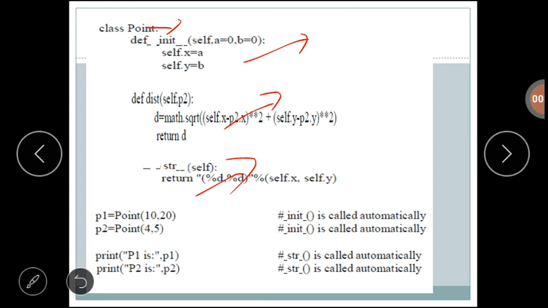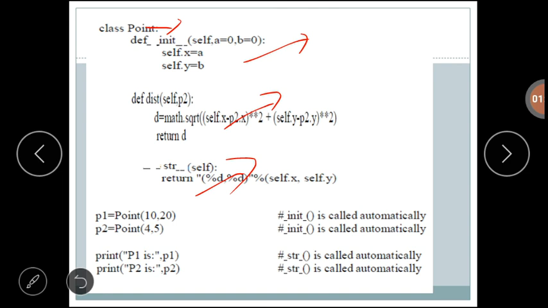The str method is used to display the result, or after taking the end points, you can just display the end points as they are, P1 end point and P2 end point. To display the end points or the result, we are using the str method.